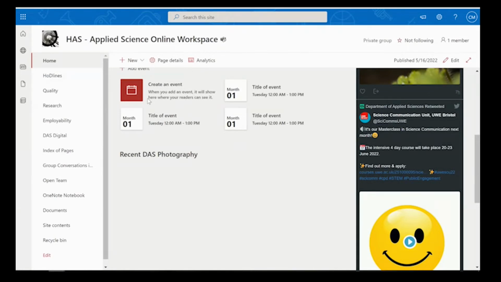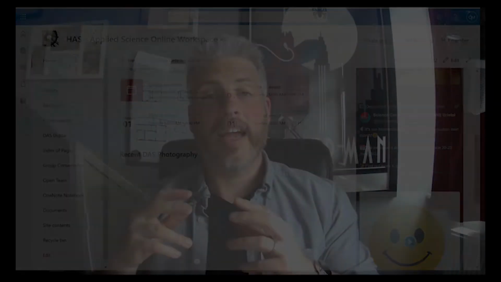So you can add events that are specific to that group, but the beauty of using SharePoint sites is that you can tailor it as to whether it's individual to the user, the visitor, or you can have it select that it displays events from multiple calendars from multiple sites. Not the individual's Outlook calendar as such, but you can add things in for different sites that they belong to, so that there's always stuff there that may be of interest to people within your department, your group, your committee,